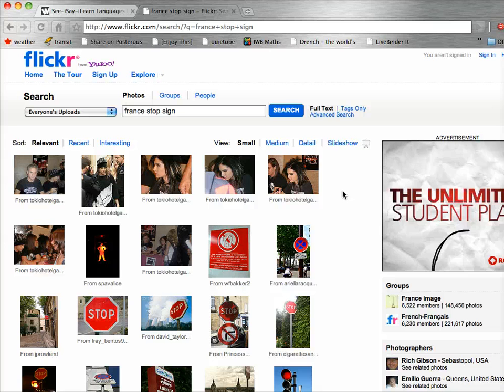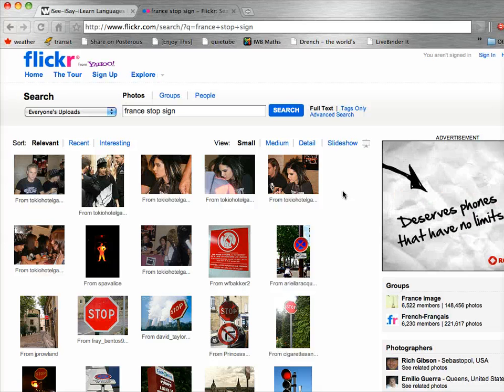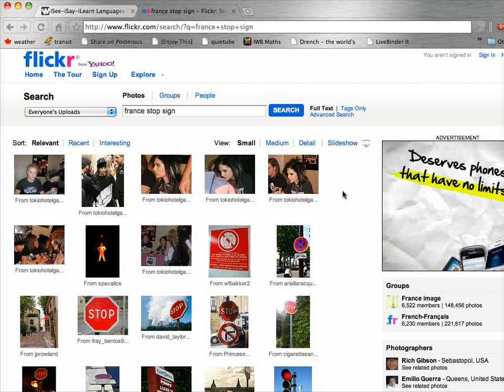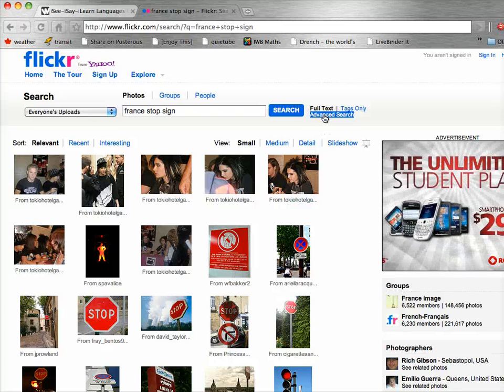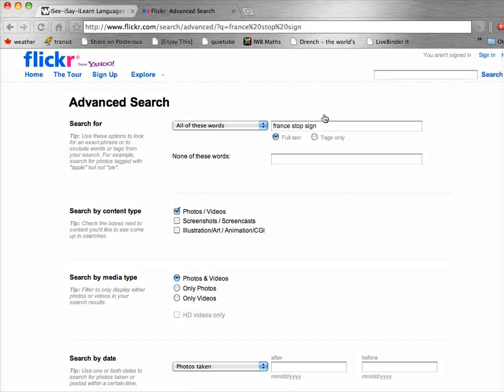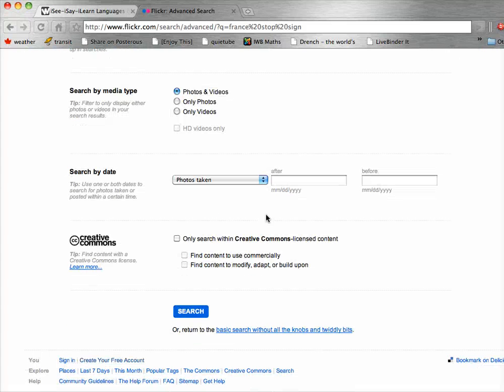Now when we do these kinds of searches, we want to make sure that we use Creative Commons copyrighted images so that we're not violating anybody's copyright. So what we're going to do is we're going to click on Advanced Search here straight away. Don't look at any of this stuff. Just scroll all the way down to the bottom, and here you see where it says Search Only Within Creative Commons. We click that, search again, and then we can legally use all the images that are going to come